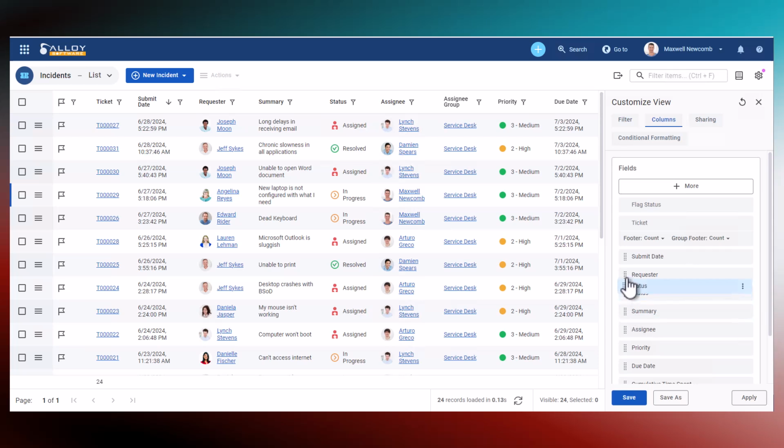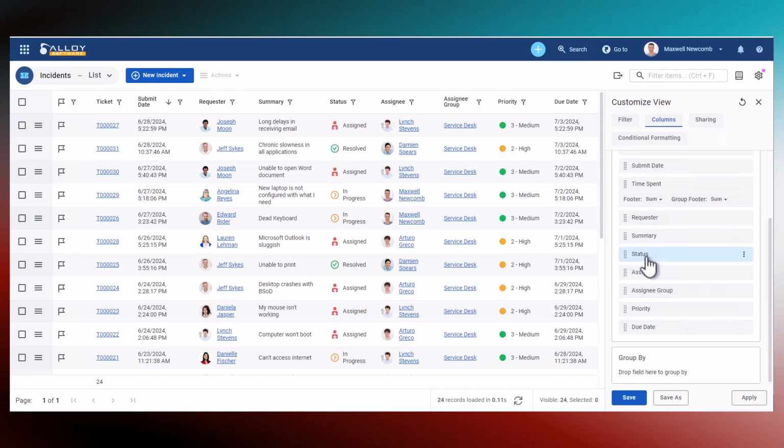You can also set the display order here by dragging the columns to arrange them in your preferred sequence. You can also add column summaries in the footer to see totals or averages, such as the total time spent on incidents grouped by category. In the Group By settings, you can categorize your data by dragging column headers into the Group By pane and adjust both the grouping and the sorting order of the groups.